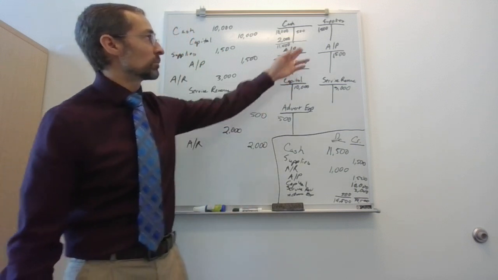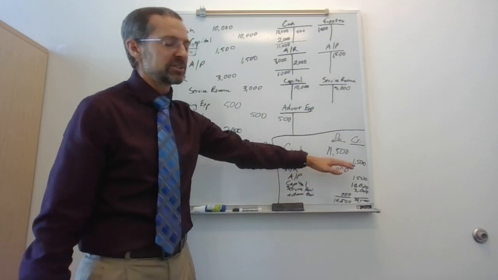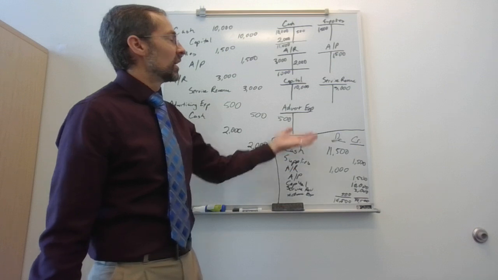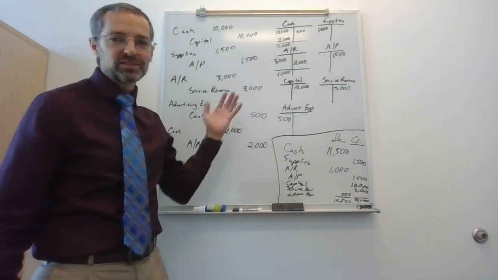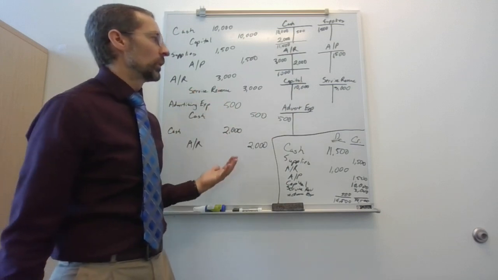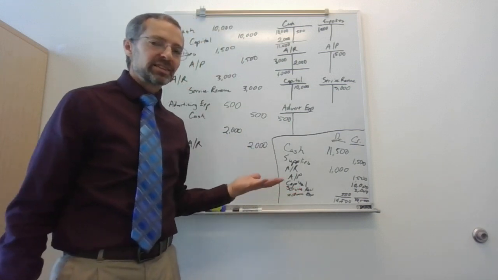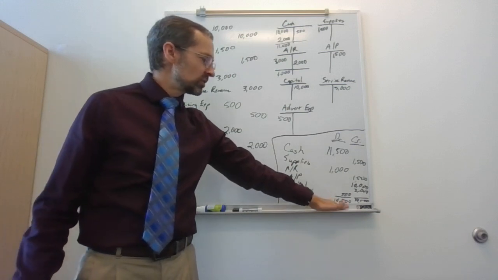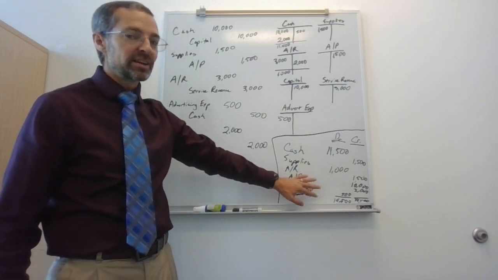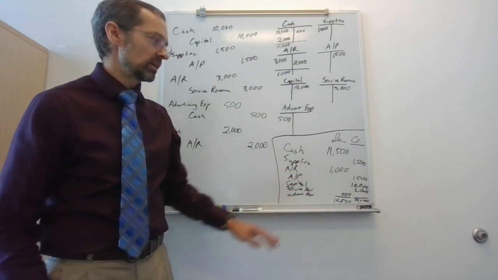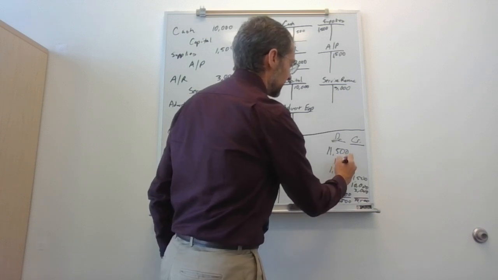So I would use the trial balance to go and investigate the problem. Sometimes it's because, well, I wrote it right up here, but I wrote it wrong in the trial balance, and that's okay. Then you just fix your trial balance. But maybe you go to your ledger and say, hey, that doesn't look right. And so you just go investigate what went wrong in the whole process. So things to check on the trial balance when you put it together: Do debits equal credits? Do all the balances look right? Are they on the normal side that they should be? So those are a couple of things that the trial balance can help us catch.